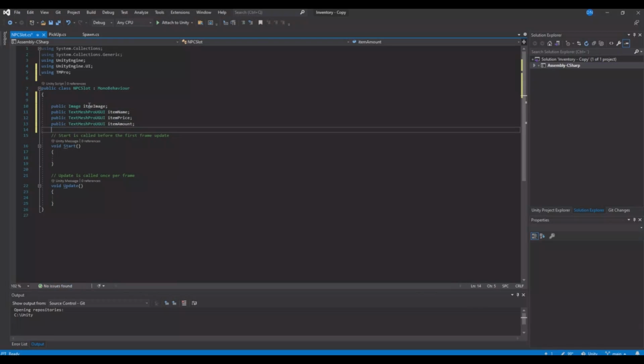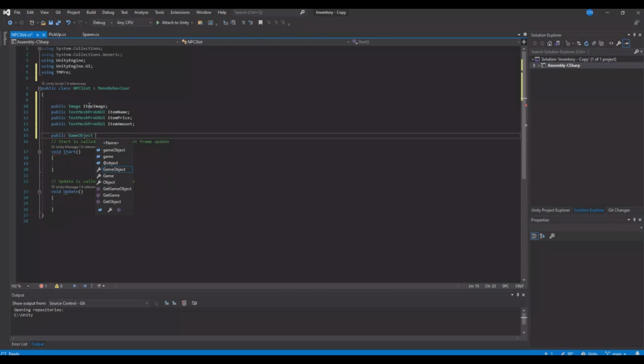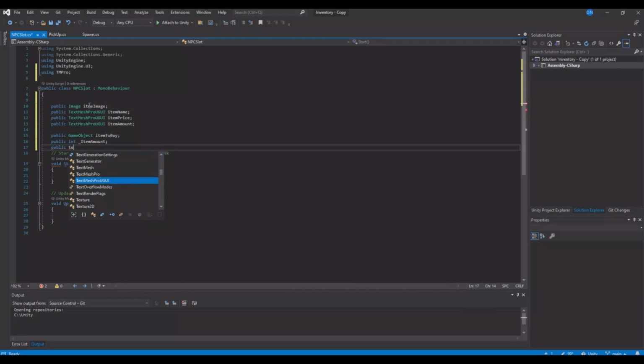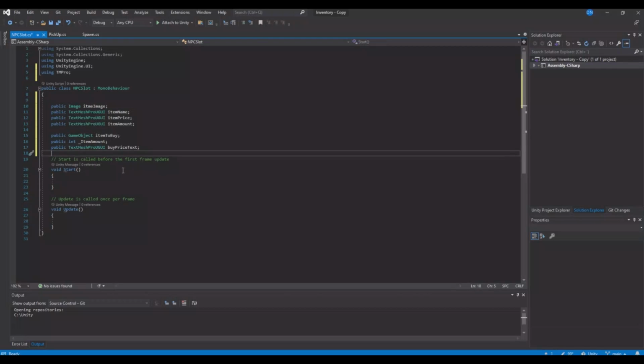And then we need some information on the slot. What do we want to buy? So that will be a game object. I will call it item to buy. And then we need an integer, and this will be the item amount. And then we need another text, and this will be for the buy price text. So to get this information,